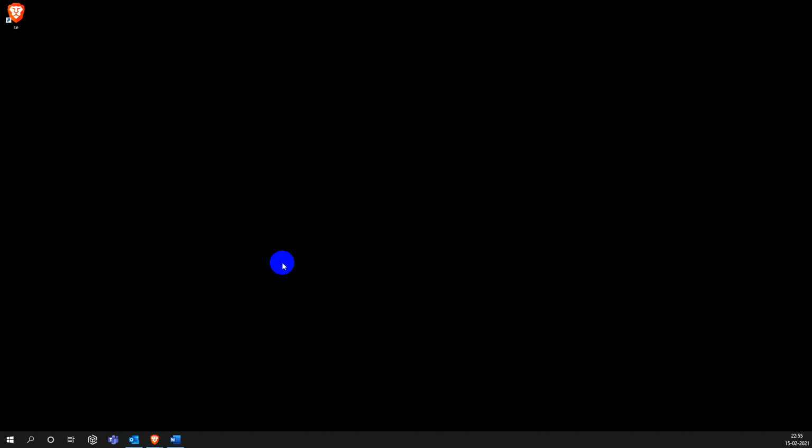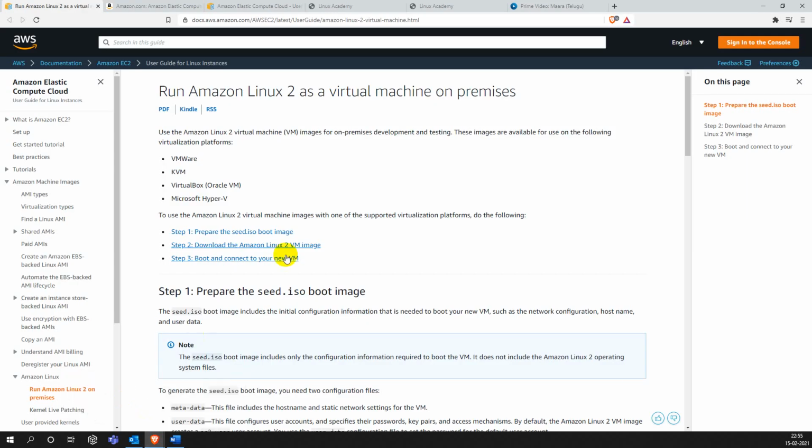So if you want to download that and use it locally or on your ESX servers in your office network, you can go to this link. This is the link they provided. You can just copy and note this link if you want. First and foremost thing is they are not providing any ISO file to install the operating system from scratch. Instead they are providing an OVA file. It's a predefined virtual machine we just need to import.